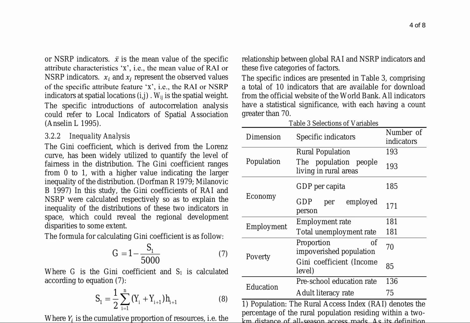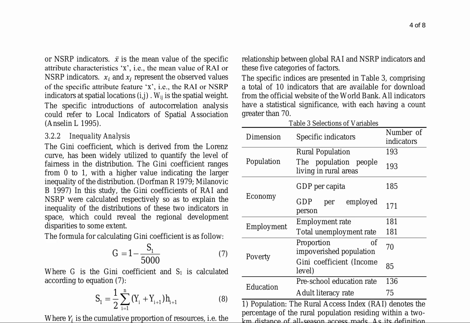Analyzing inequality and correlation is crucial for understanding spatial patterns and relationships between various indicators. One approach is autocorrelation analysis, specifically local indicators of spatial association, LISA, which identifies spatial clusters, outliers, and patterns. LISA is particularly useful for understanding the distribution of RAI and NSRP indicators